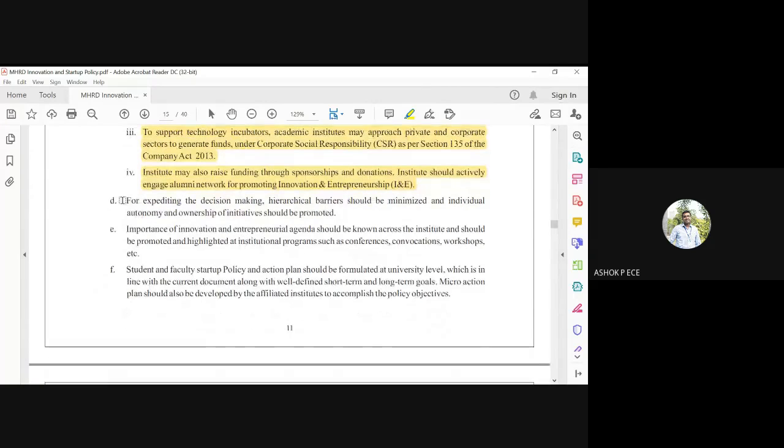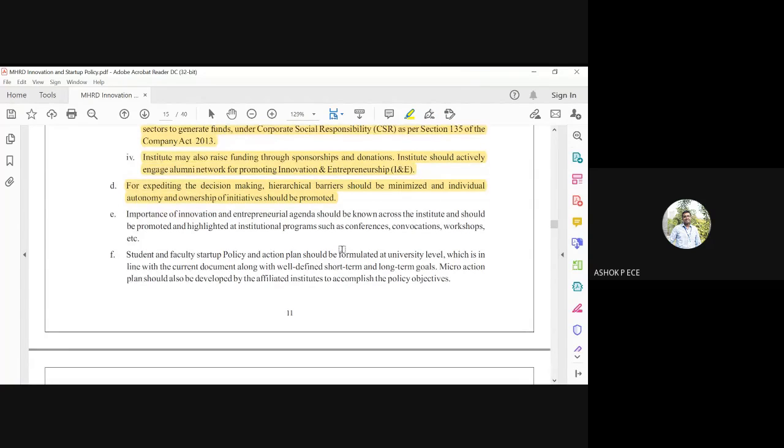All the hierarchical barriers must be minimized, and individual autonomy should be promoted. If you have a lot of barriers, then nobody will come and participate in the innovation ecosystem. So you have to remove all the barriers and promote the autonomous nature of individuals. The innovation and entrepreneurship agenda should be known across the institute, so that people will have confidence that if they have some idea, the institution is going to fund them for the ecosystem. Every student and faculty should be very clear on the entrepreneurship policies